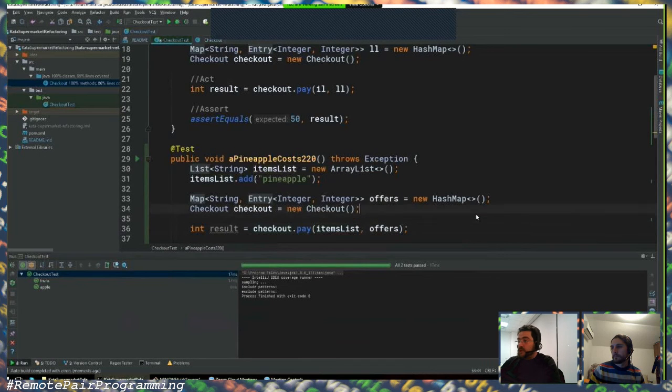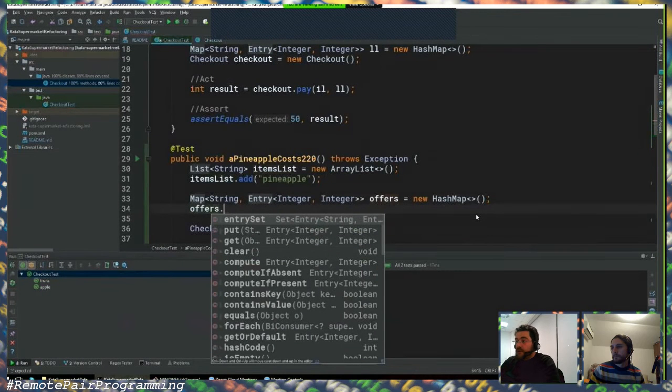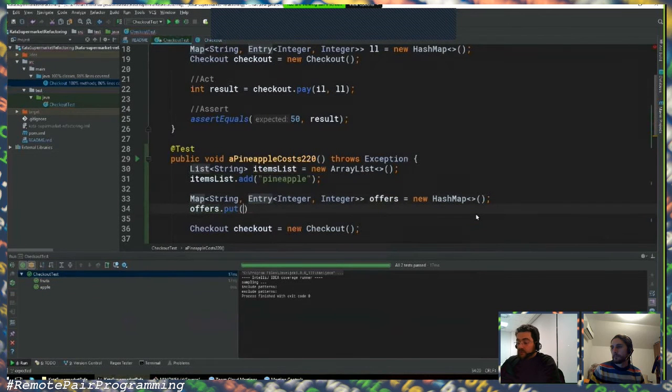Okay. Actually, we have to add the offers we talked about before. So offers put, the first thing I think is the name of the item, and next the offer. So new